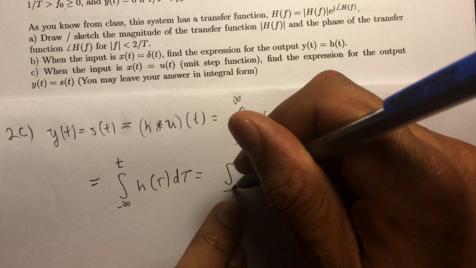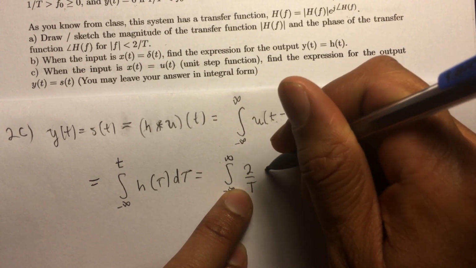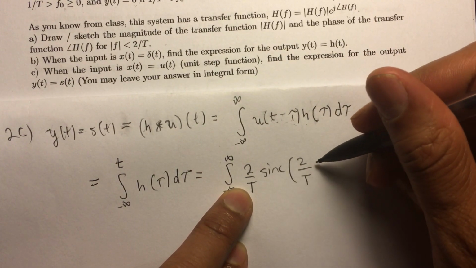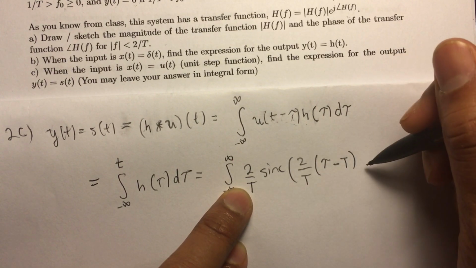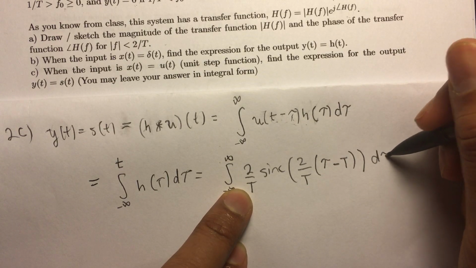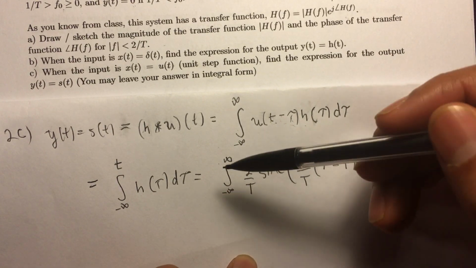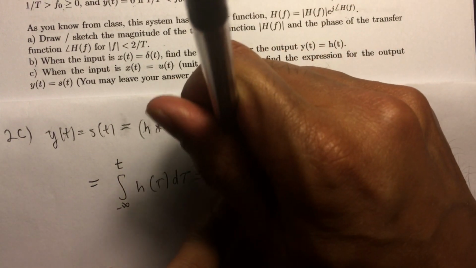That's going to be 2 over t sinc of 2 over t, that's big T, our dummy variable, minus big T. Excuse me, this has to be